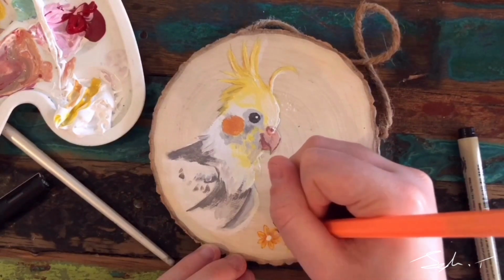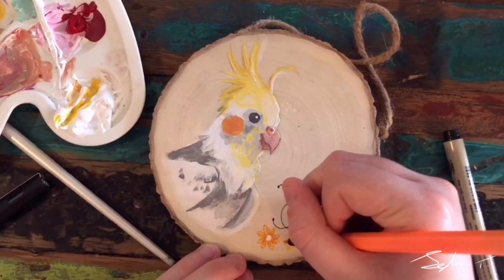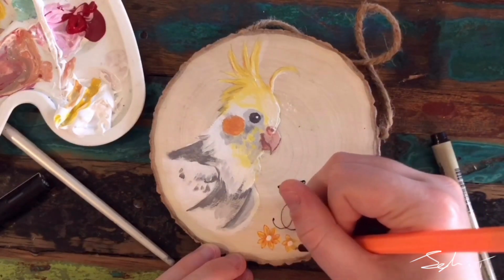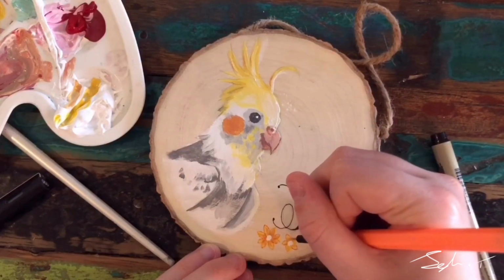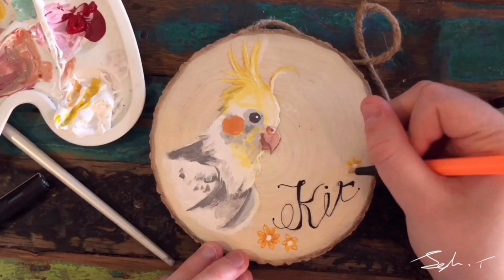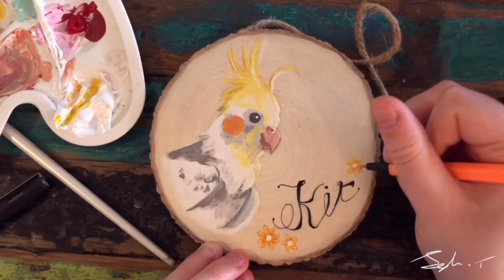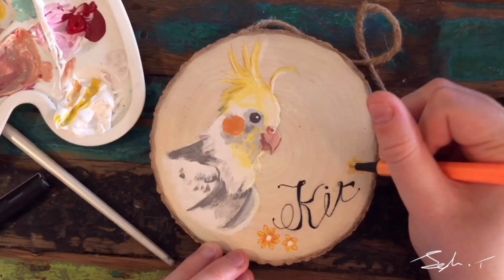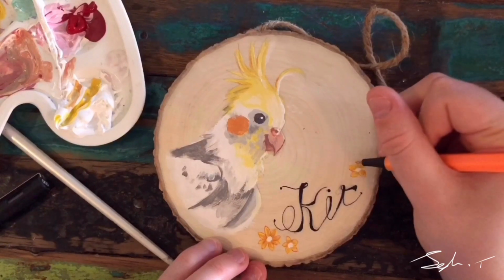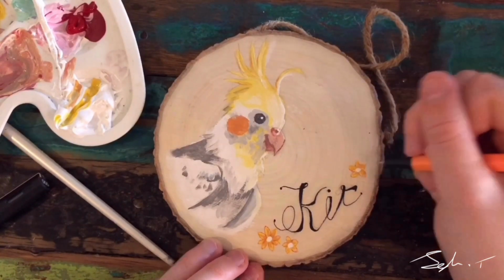But I definitely should have used a calligraphy pen of some sort if I really wanted to get that desired effect. But I'm pretty happy with how this turned out, and I think for doing it on wood, which is obviously a textured surface, it turned out very well. I'm really happy with how the colours all tie in, especially on the flowers with Keir and his rosy orange cheeks. I should note, for the centre of the flowers with the white dots, I used a Posca paint marker,